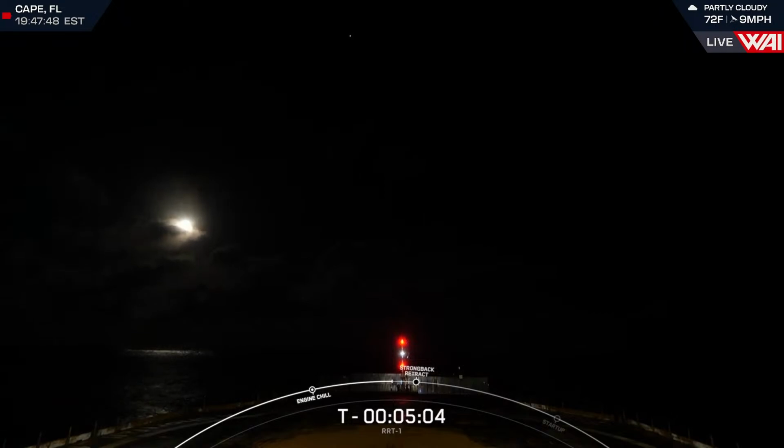Shortly after liftoff, the two stages of Falcon will separate. Stage 2 will continue to take the payload to its desired orbit, and Stage 1... Falcon 9 tanks are pressing for strongback retract. And Stage 1, which is also known as the booster, will return to Earth for recovery and reuse on a